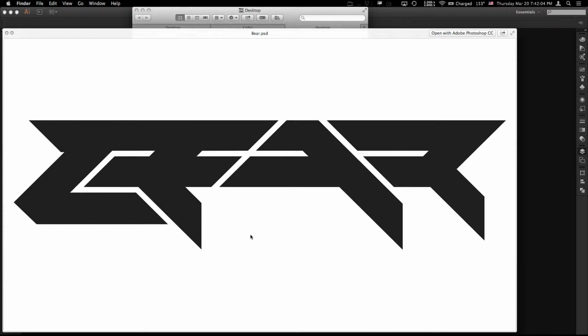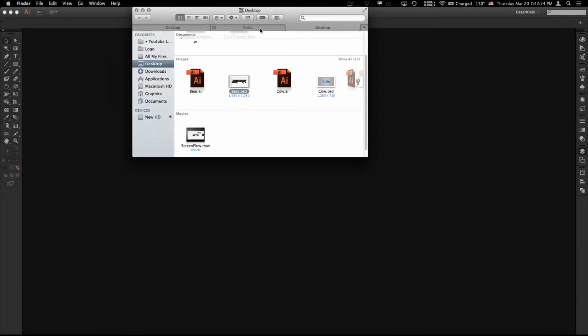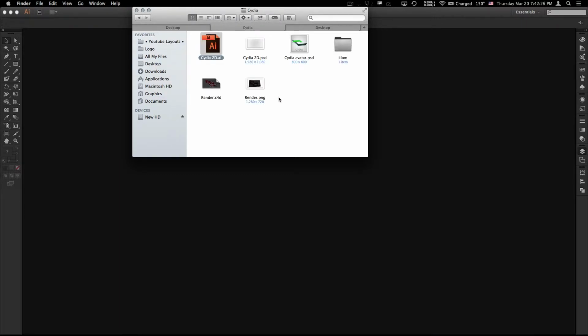Another reason why I didn't want to do it on this one is because I've already done a tutorial with this logo, and there wasn't much to revise for this one when he sent it to me. I only had to fix some of these gaps, a missing or messed up anchor point here, and some other stuff. There wasn't much to fix. So instead I'm going to be working on, and you guys will also be working on if you want to work with me